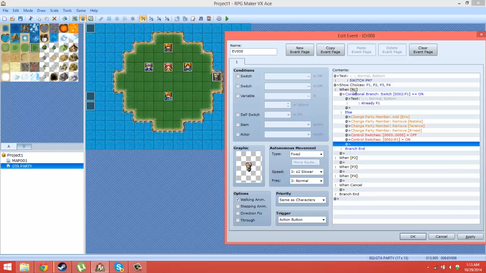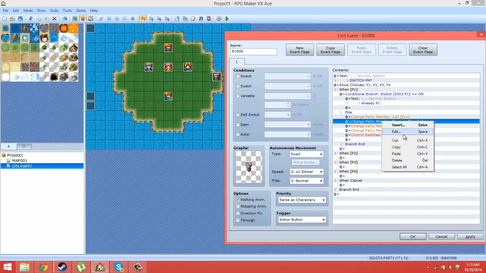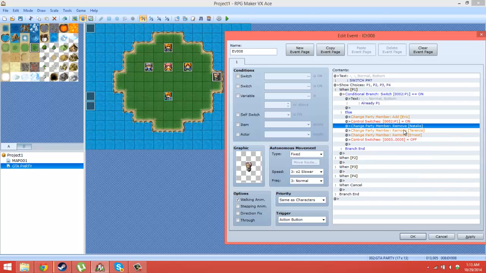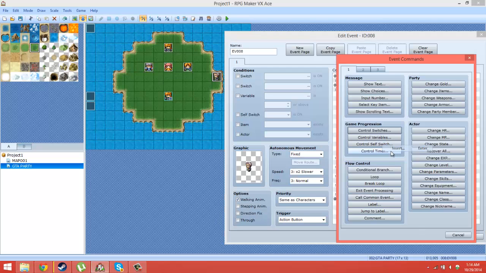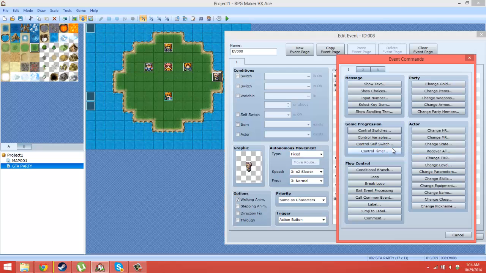Okay, so you say switch party member. It's gonna add Eric, and then it's gonna turn on the switch, and then it's gonna remove, but then it's gonna turn these off. So once they're off, we need to do two things. The first thing is, oh yeah, insert